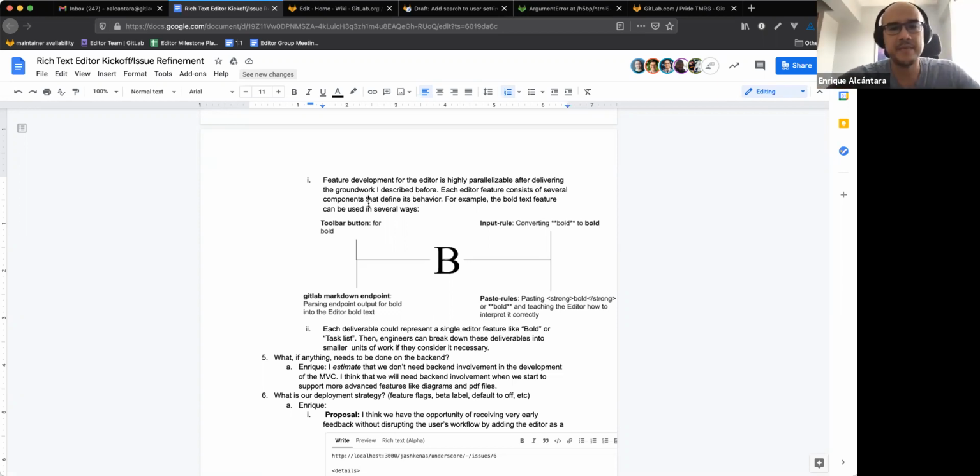The way that ProseMirror works is that you pass an input that can be in either HTML or Markdown, and then ProseMirror will convert that raw content into a ProseMirror document, which is a domain model that they have to represent a document. So the idea is that